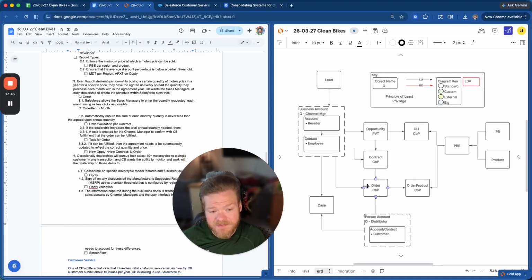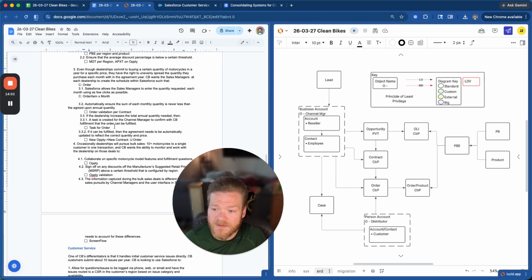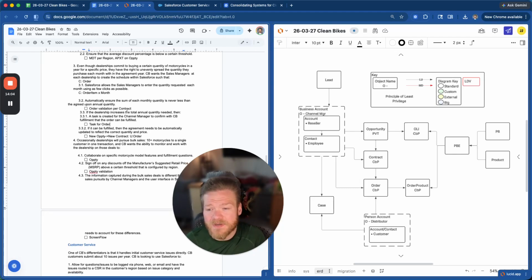And then we have a centralized place, of course, for validation too. So we have the total quantity on the order via the master detail on the order product. And then we can refer back to the contract to make sure that it's within compliance with what the actual schedule is. If they do have a discrepancy, or if they exceed the order product that was agreed to on the contract itself, so if they exceed that amount there on the max of the order product, or the total of